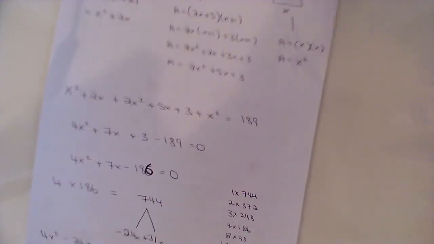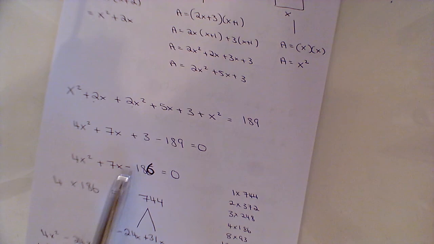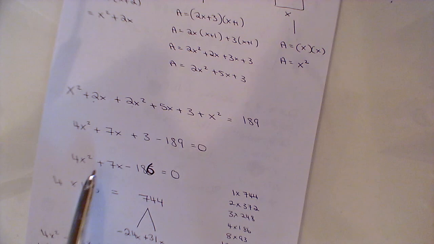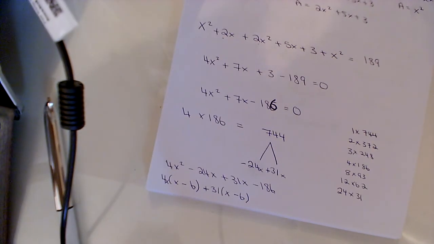This here tells me that they're going to be unlike signs, the minus. So I know that one of them is going to be plus and one of them is going to be minus. I want a plus 7x, so I'm going to put the plus with the 31 and the minus with the 24. Then I rewrite it, so I'll have 4x squared minus 24x plus 31x minus 186,